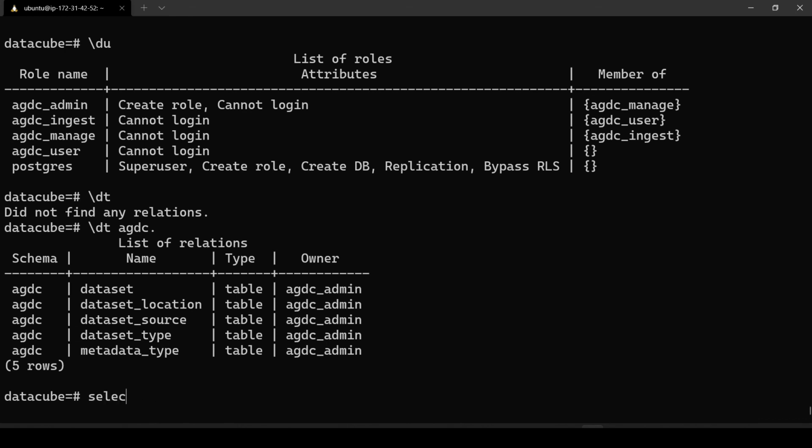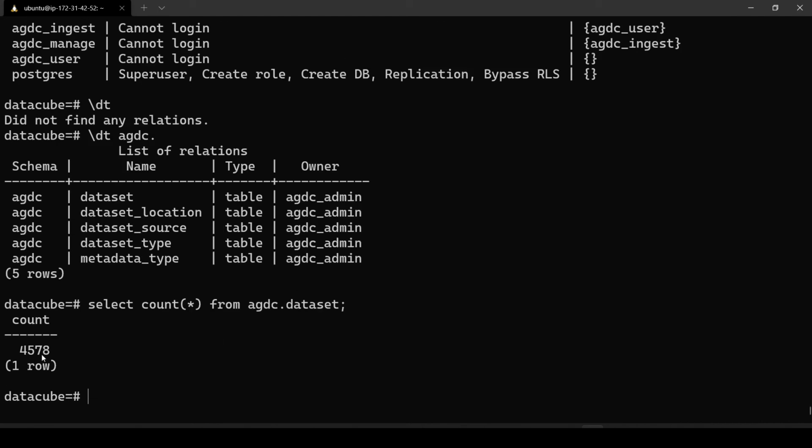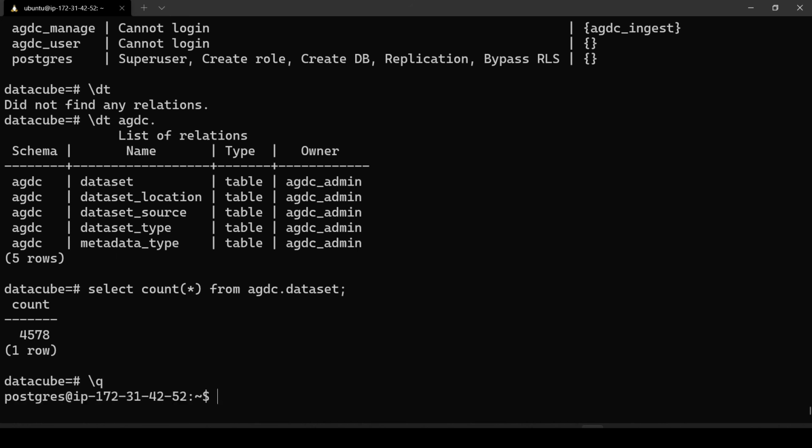And if you query any of these, you find that there are so many rows. And now the only final step would be to open the port 5432, which is the default Postgres port, and that port you can access by any client, maybe by pgAdmin, to do your analysis, without logging into your machine.